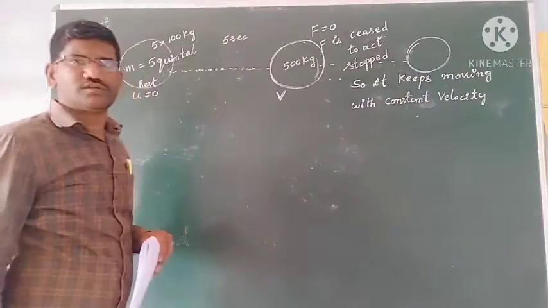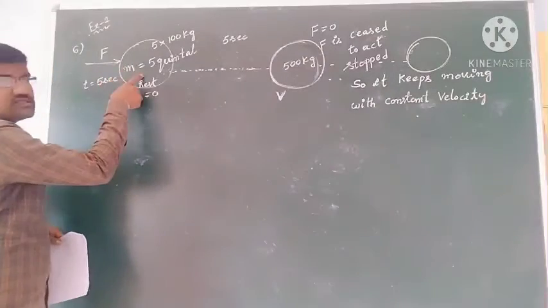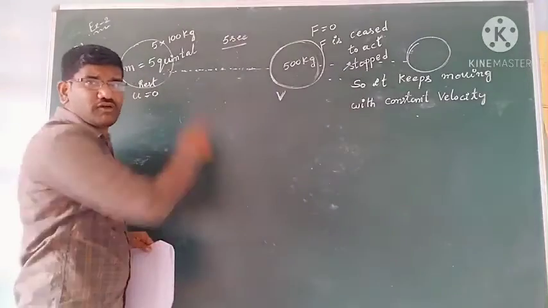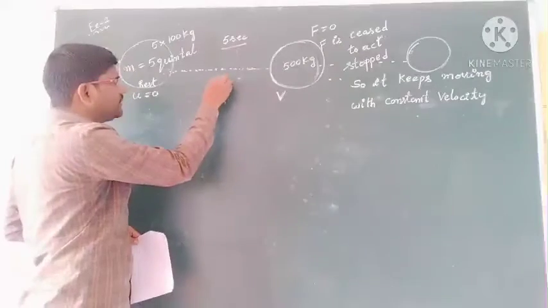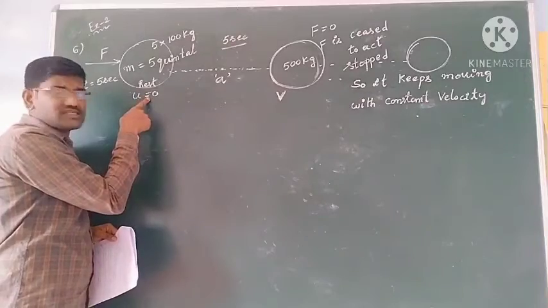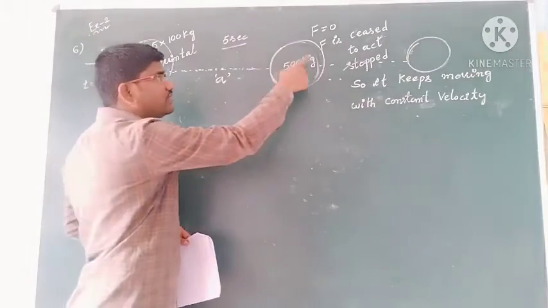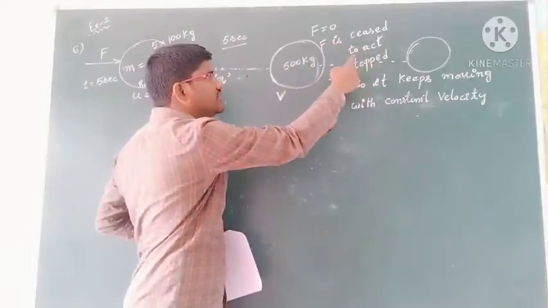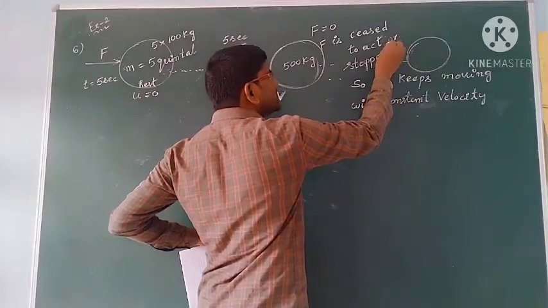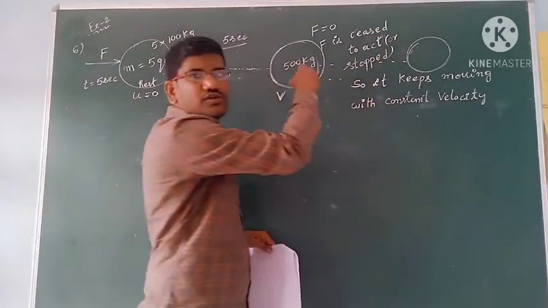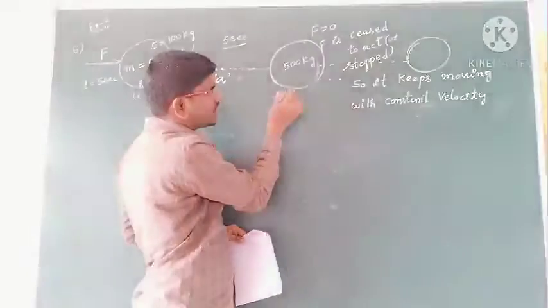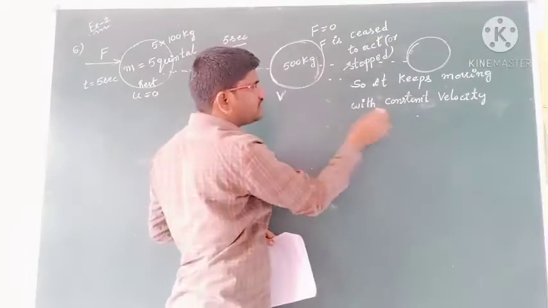Okay, so here is the object. Force is acting from here to here. He mentioned the force is acting for the first 5 seconds, so acceleration exists only in those 5 seconds. Its velocity has increased from 0 to v, and after that the force has ceased to act or stopped. You have withdrawn the force. Then there is no force, and with this constant velocity it keeps moving.